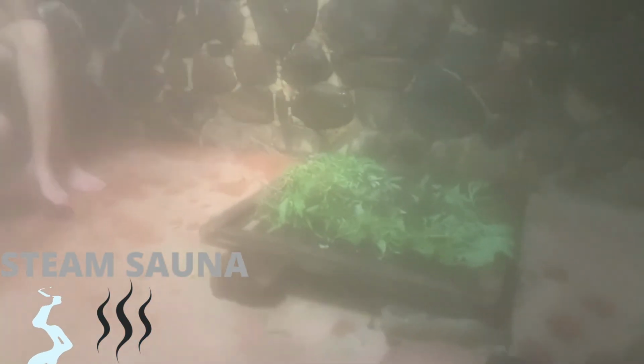So, as you can see, we're all cleaned up now. Got the mud all off. And we're headed back into one of the jacuzzis just to continue to relax. We have now entered the steam room. And as you can see, it's pretty steamy, pretty foggy. So we'll make this short. We'll be out in a bit. There's some kind of herbs